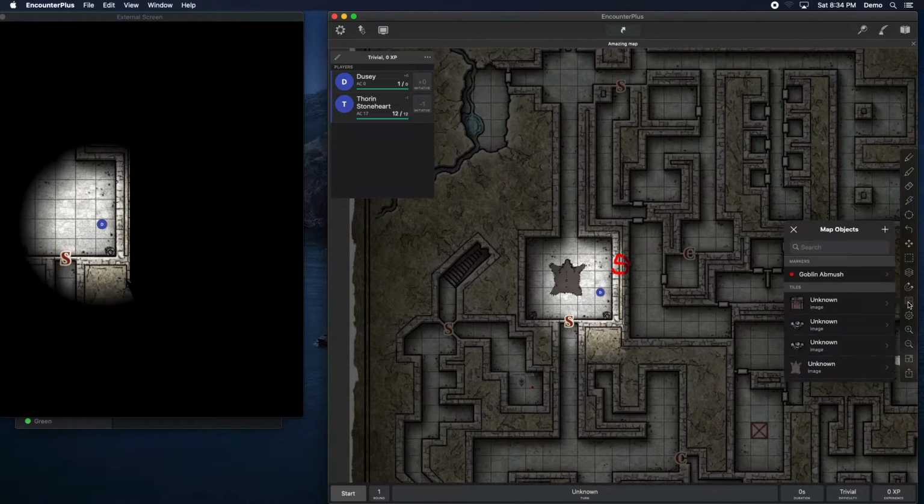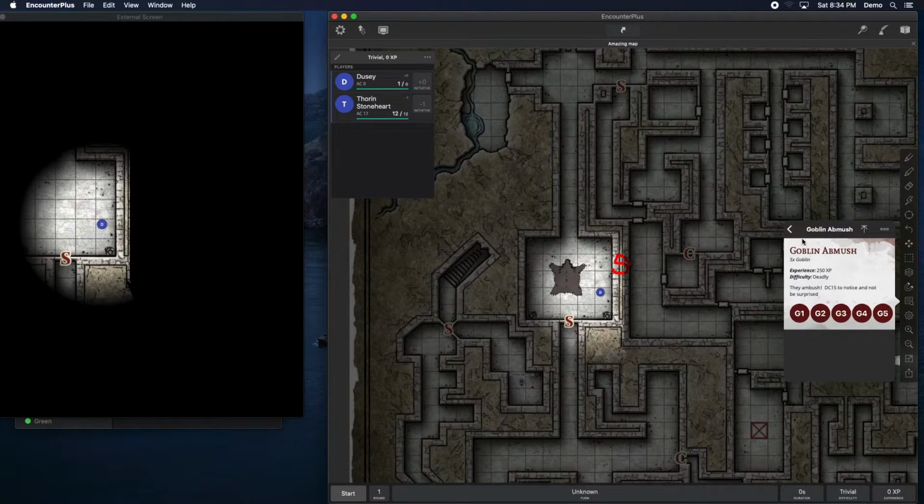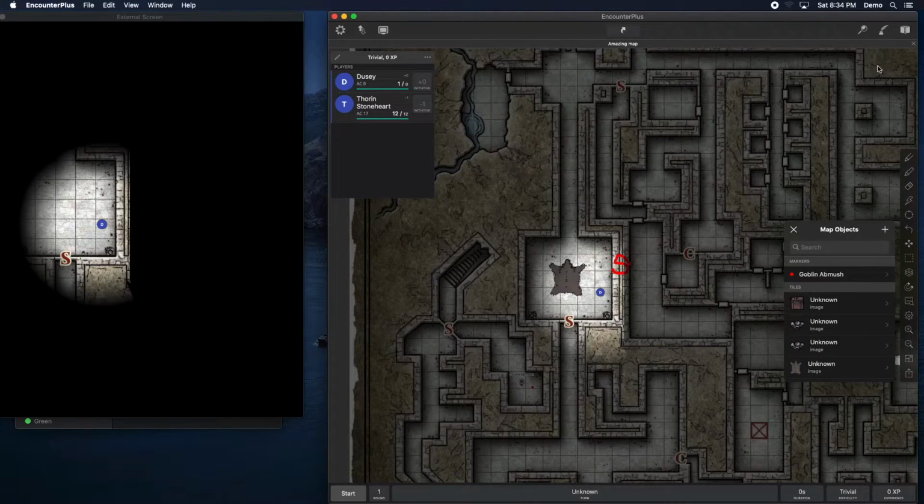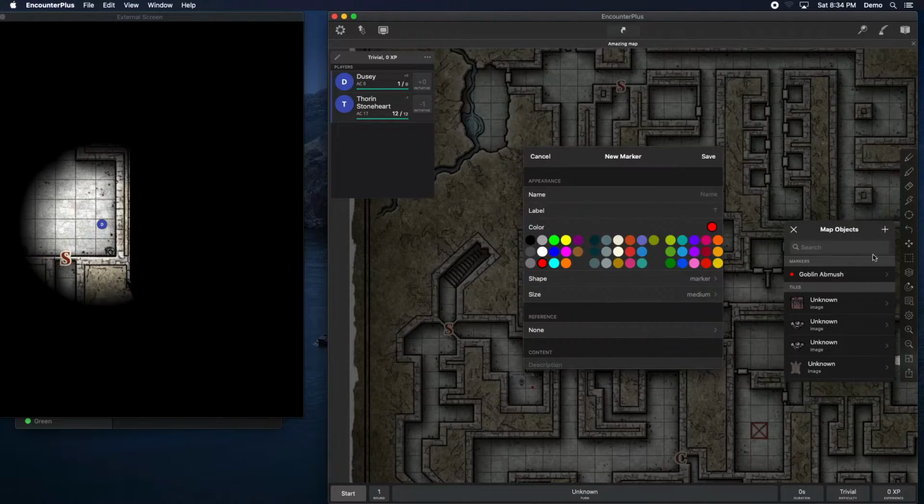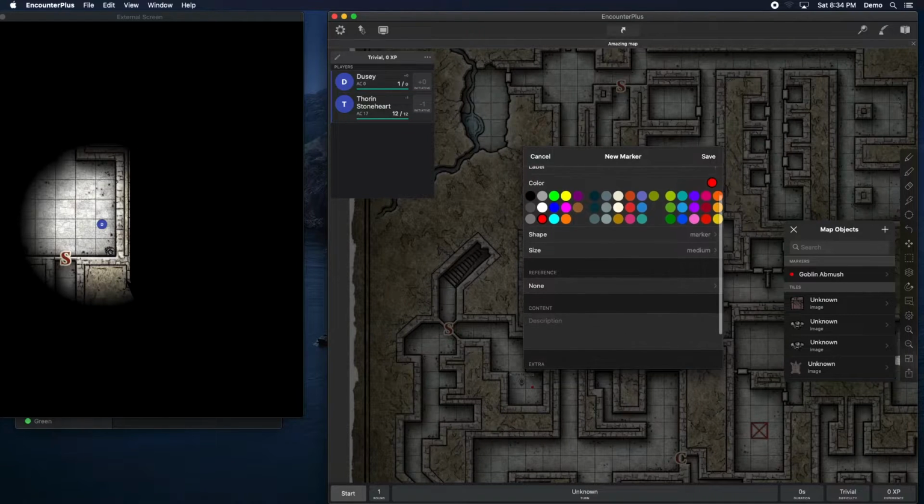You can mess with markers by hand under this map objects. So we've got the objects we brought in, but we've also got the goblin ambush marker. For whatever reason, I find that way of dragging them in to make the markers much faster, but sometimes I need to make a marker that's not related to anything else. I can just hit the plus button, make a marker, and maybe we'll do those secret doors. This is another way you could do secret door or secret whatever. Gonna hit save,